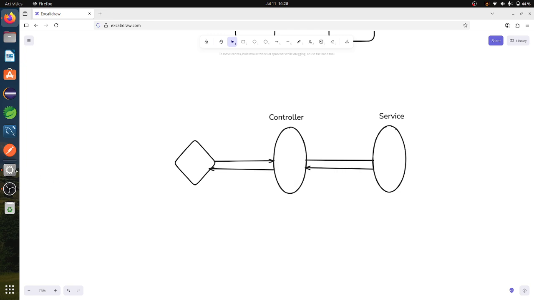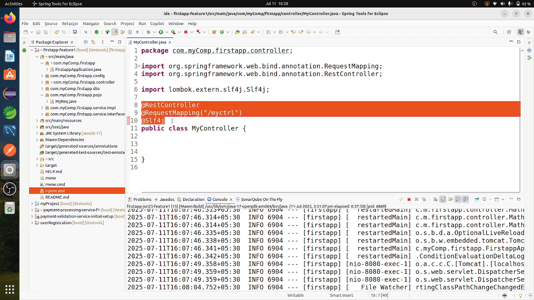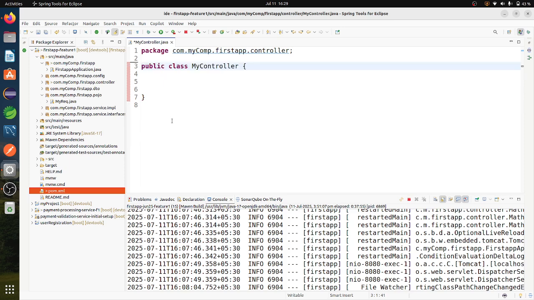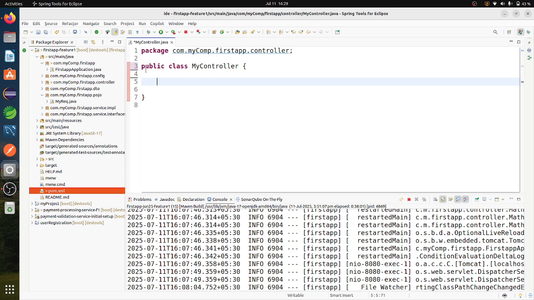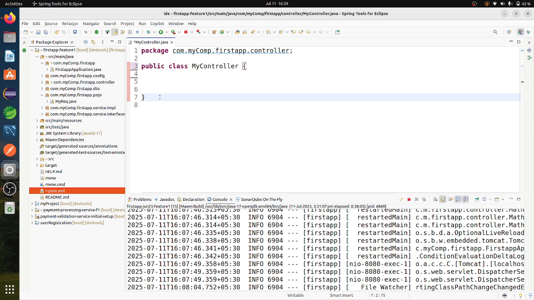So I have taken one example here. So this is my controller class. First of all, I will remove this one. It is normally a simple class, first of all a normal class.